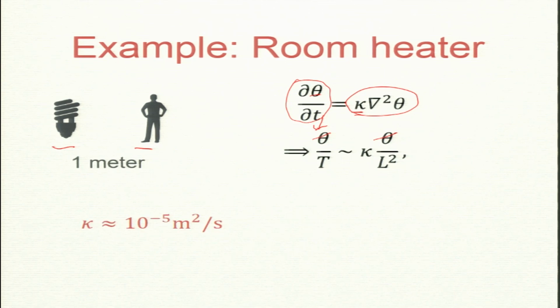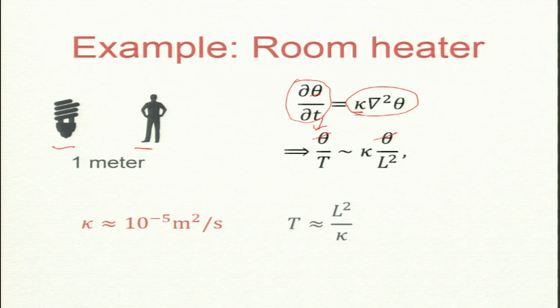I am going to write that in the next slide, but we need this parameter kappa. I know L, I am looking for t, but what is kappa? Kappa can be looked up in your book on statistical physics. Kappa, the thermal diffusivity in air, is 10 power minus 5 meter square per second. We can also derive it from kinetic theory, but we will not get too much into that aspect, we will just use this as a parameter. So, t will be L square by kappa.